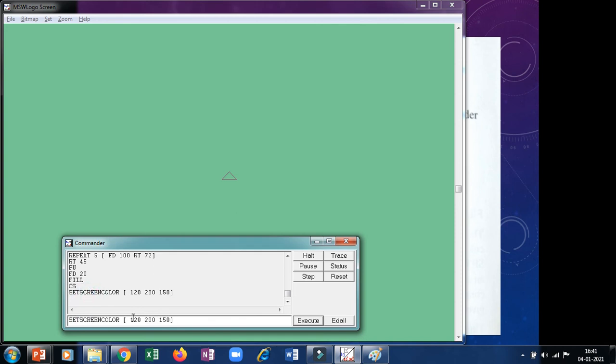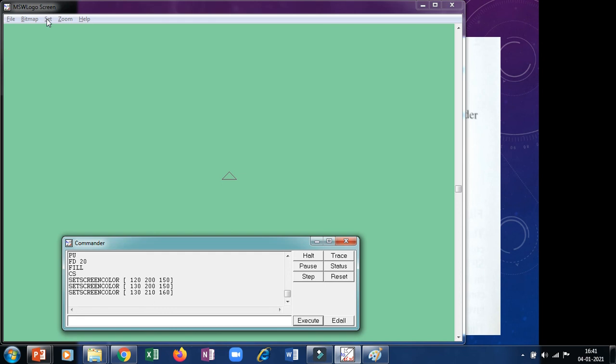Again, if you want to set another color, we can just change the number. Okay, see, you can see the brightness has changed.